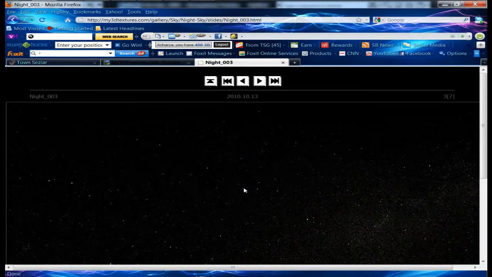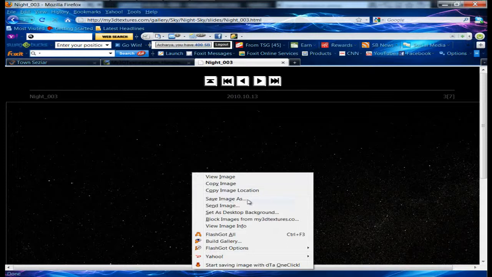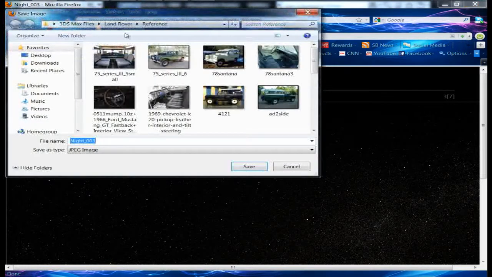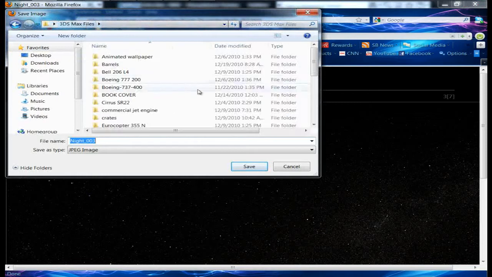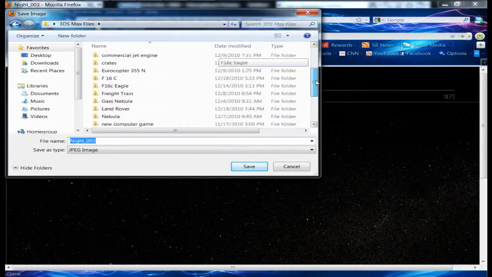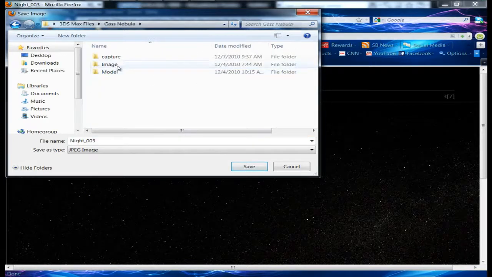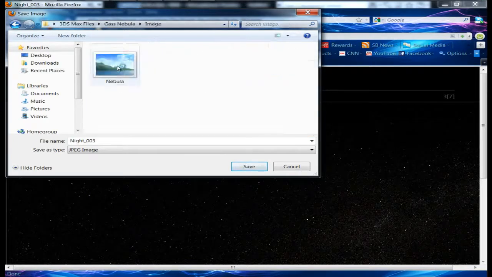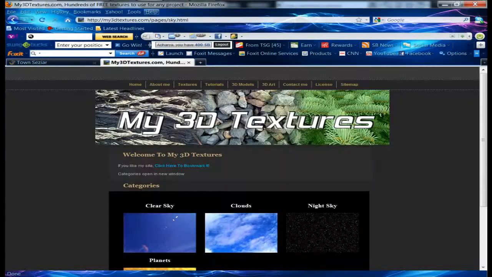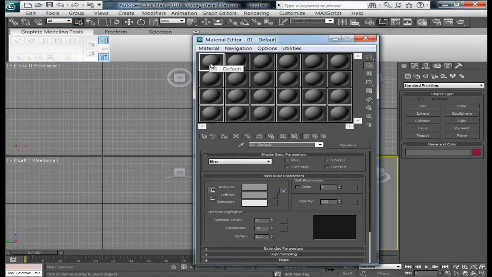Once your texture is loaded, right click on it, click on Save Image As, and then you can navigate to a directory on your computer. I have a directory called 3DsMax files, and then inside this directory I have many other directories of the models that I'm making. Save your image in either the image file directory or a texture directory somewhere on your computer. And once there, go back into 3D Studio Max, open up your material editor,